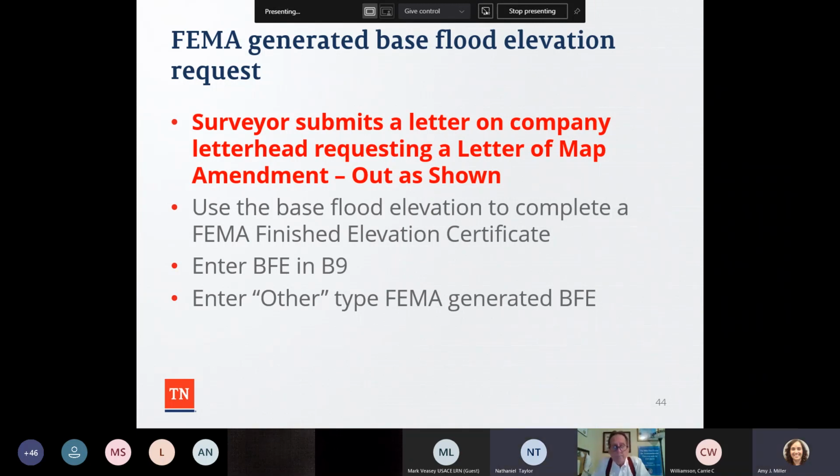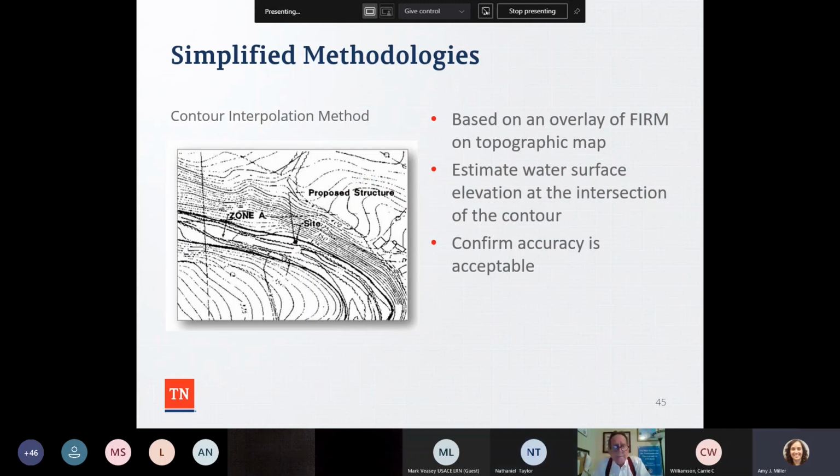No. Okay. All right. So the 265 has some different methodologies when trying to determine the base flood elevation. There are some simplified methods and there is a detailed method. So one thing, if someone is trying to determine the base flood elevation, if you're just doing simplified methods, you can do